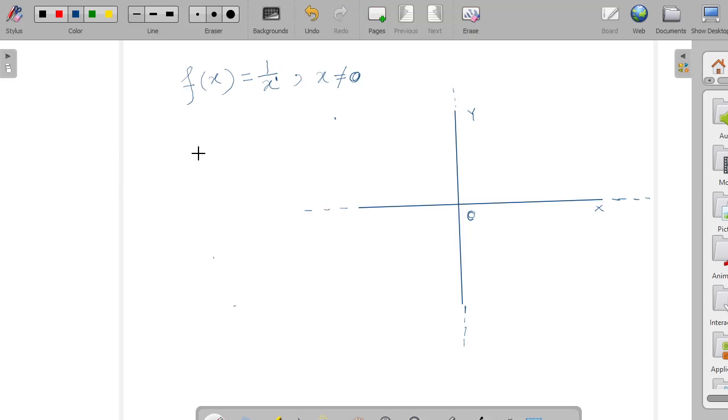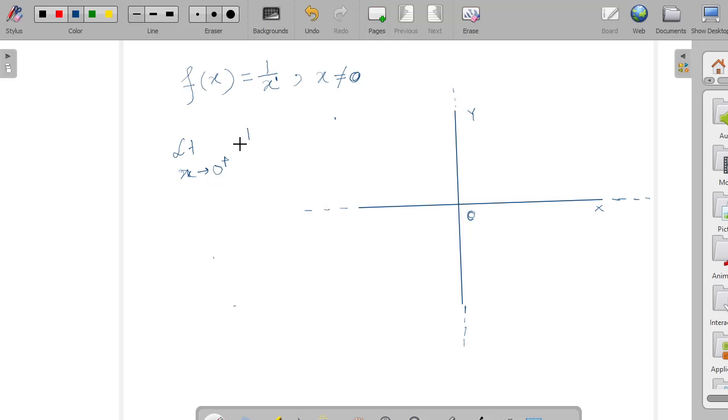So let me consider the limiting values. Since 0 is not in the domain of the function, we are considering a very small neighborhood of 0 on the positive side, 0 plus,